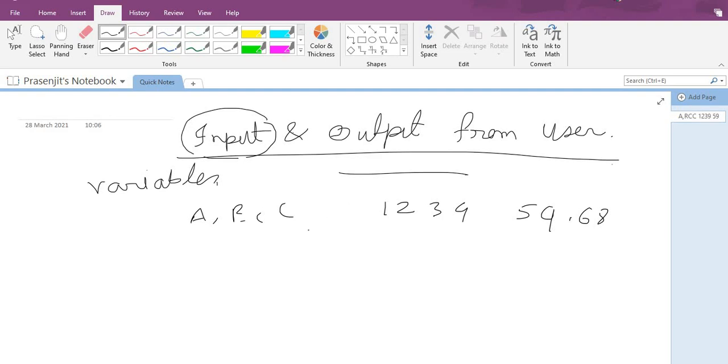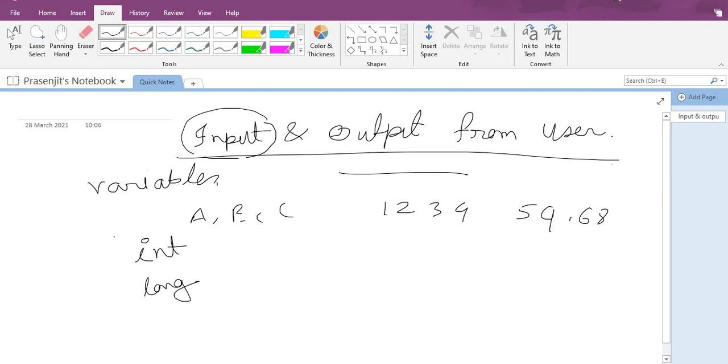Now we first discuss the variable int. The I is small, Java is case sensitive, so we need to know where we write the capital letter and where we write the small letter. So int is written with a small i. Okay, int, and one more is long.